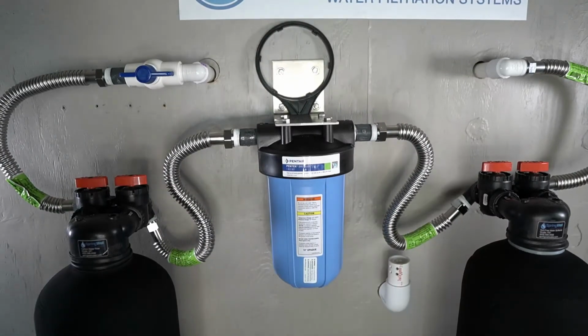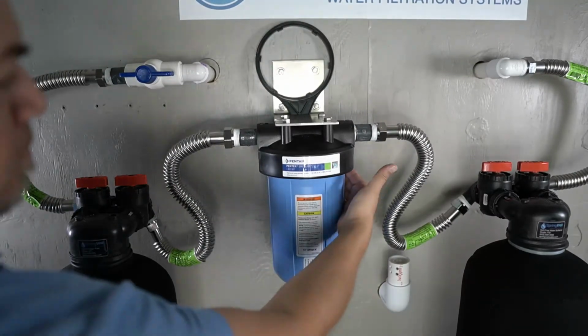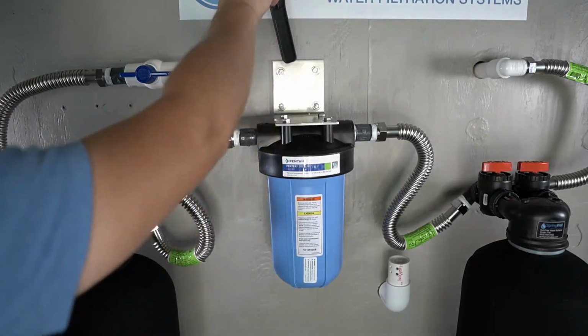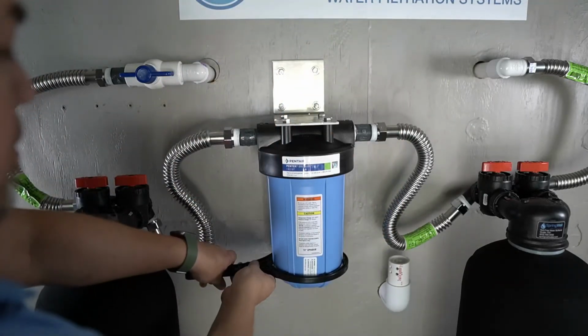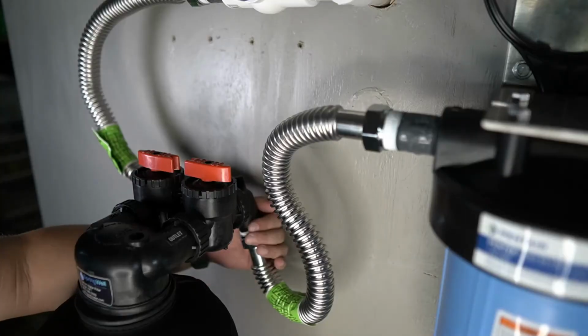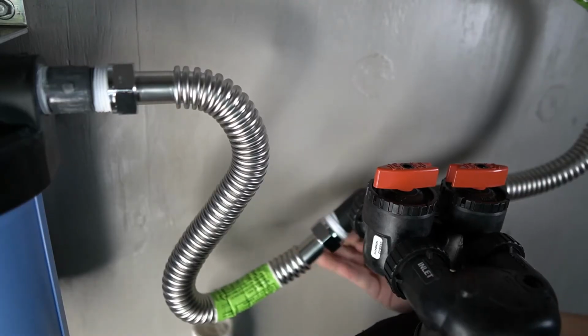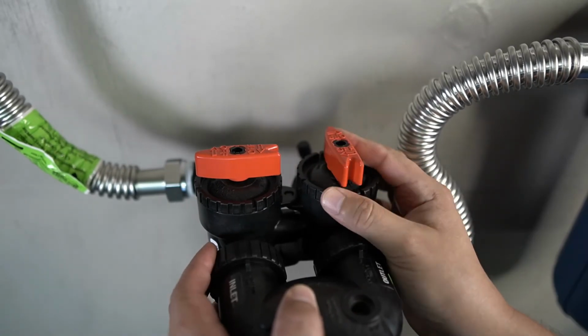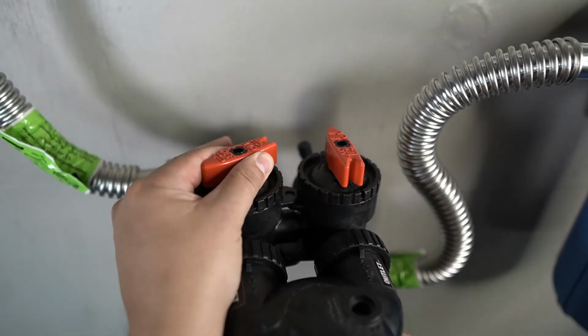At this point, water is flowing through the sediment filter. Inspect the housing and the connections for any leaks. If you see water leaking from the sediment filter housing, the spanner wrench can be used to ensure that it's fully tightened. You will also want to check the connections on both of the tanks to ensure that there are no leaks. If no leaks are detected, go ahead and open the bypass to the carbon filter tank, allowing it